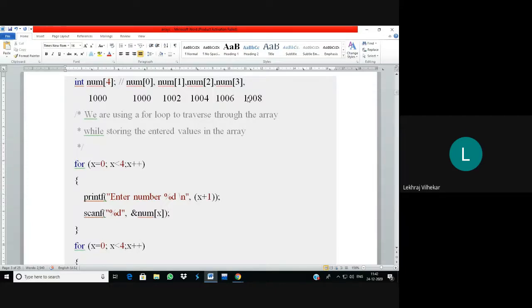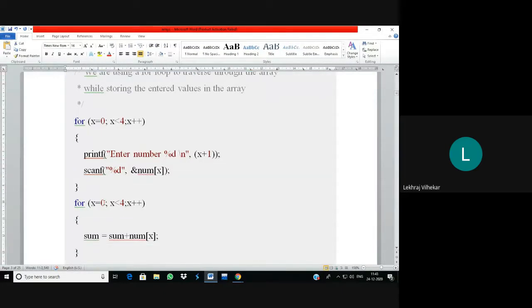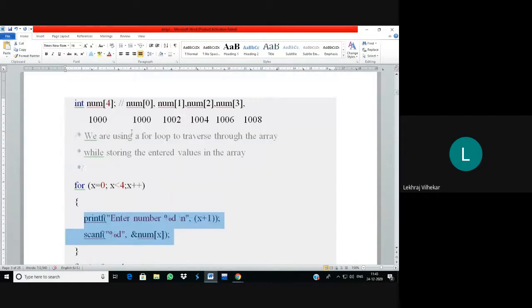So in this way, you must be able to find how much memory is consumed by the array. So here 8 bytes. Suppose instead of this integer you are having a float, so that time 16 bytes. And suppose instead of this integer you are having a character, so that time it is going to consume only 4 bytes of memory. Okay, so in this way, that is a part of memory allocation. So here we are looking at this program. With the help of this, we have read the values in the array. So at num0, you got some value, might be that is 10.